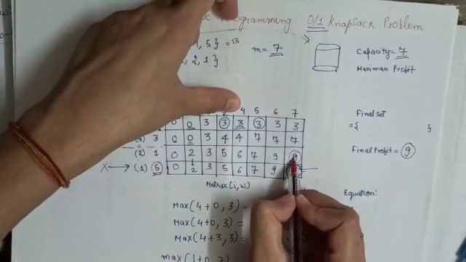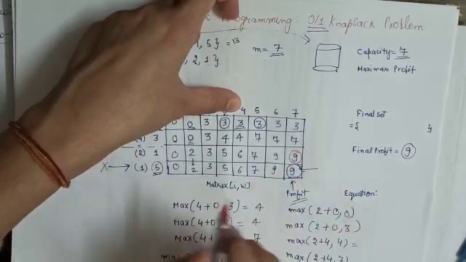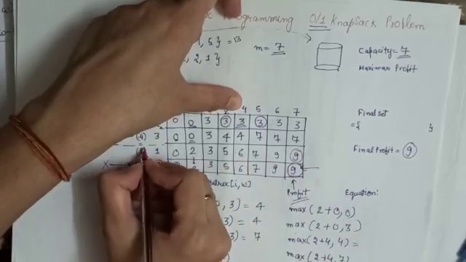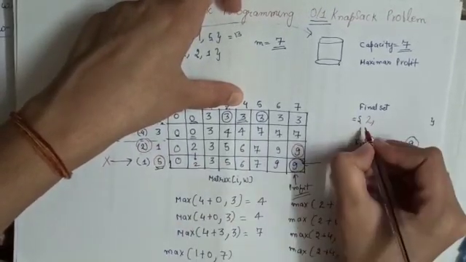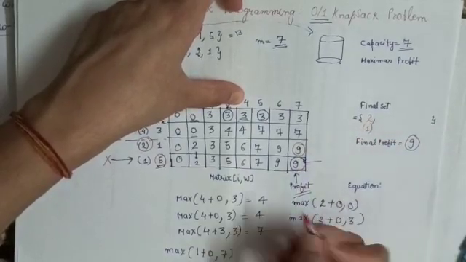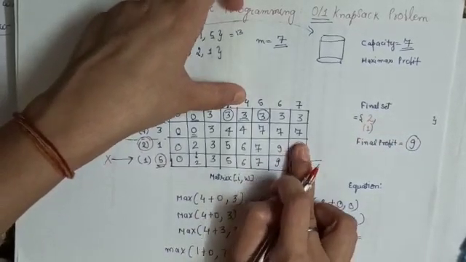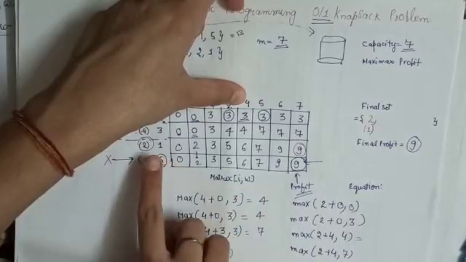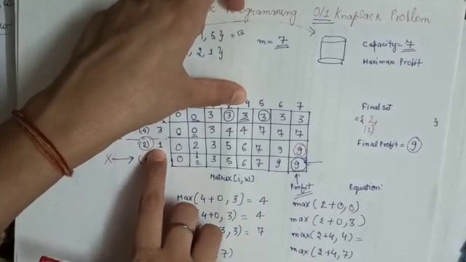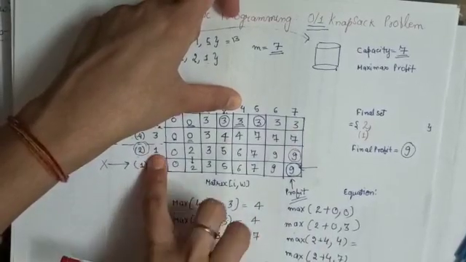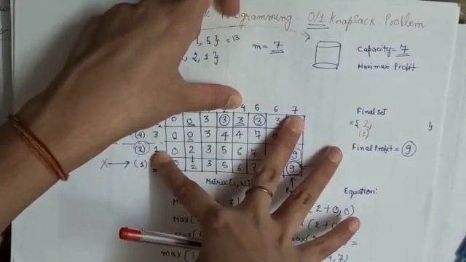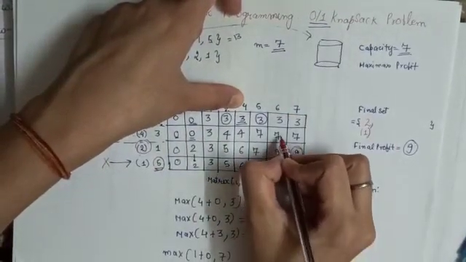Okay. Now come to this 9. This 9 is the same as this 7? No, it is not the same. That means this element 2 is included, with the profit 1. Now since this is included, what will we do? The weight is 1. So we will do 7 minus 1, the same technique we apply. 7 minus 1 is 6. We will go to 6.